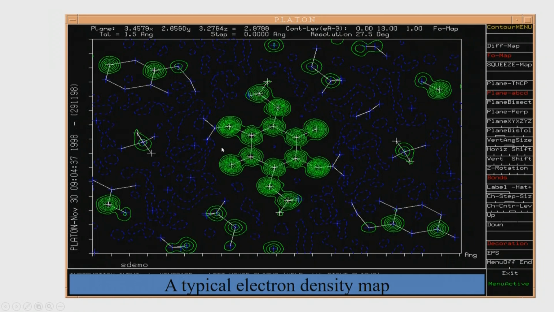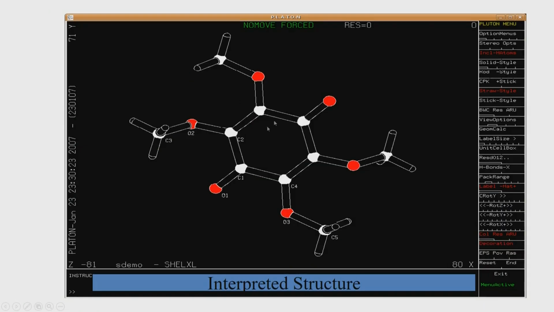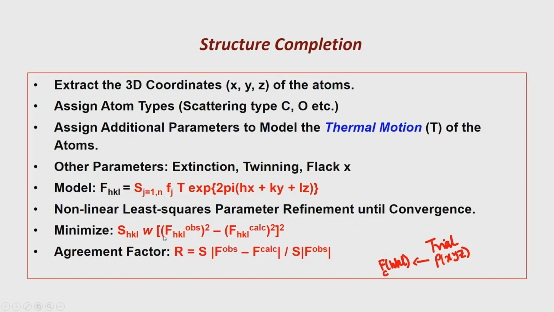We took those atoms to be the correct atoms, calculated the structure factors from the electron density associated with these atoms. That gives us the calculated structure factors. The calculated structure factors and the observed structure factors are subtracted from each other, and the corresponding agreement factor or the reliability index R is calculated. And this particular R value should be going down as we improve the F obs minus F calc.